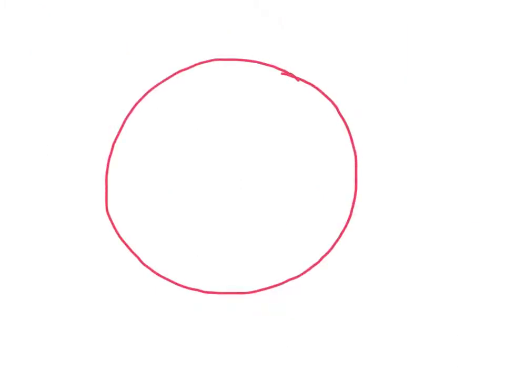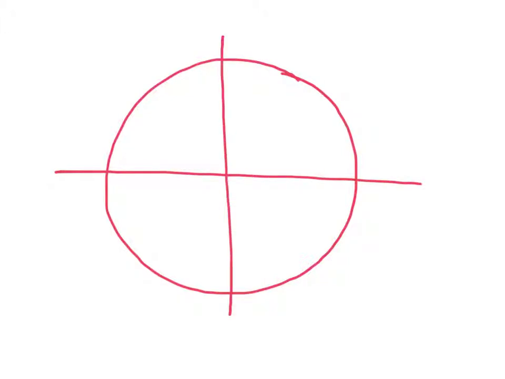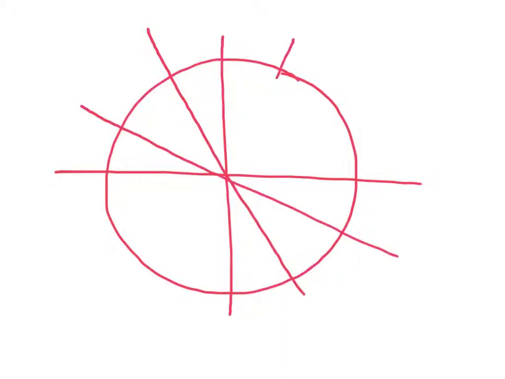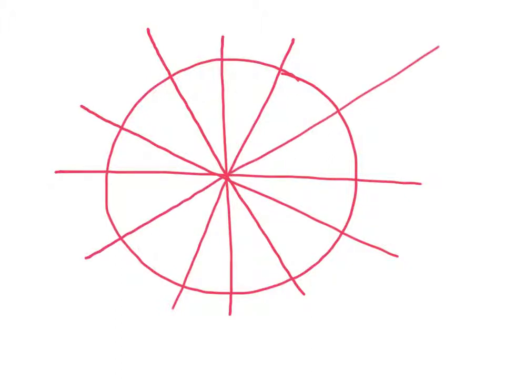I take the circle. This time I'm going to divide it up into angles of 30 degrees. And so we're going to look like this, and this, and this. And this is 0 degrees, and this is 180 degrees. And that means this is 0 radians, and this is pi radians. And so if I count my way around, I've divided my circle into 1, 2, 3, 4, 5, 6 pieces. And so 30 degrees,